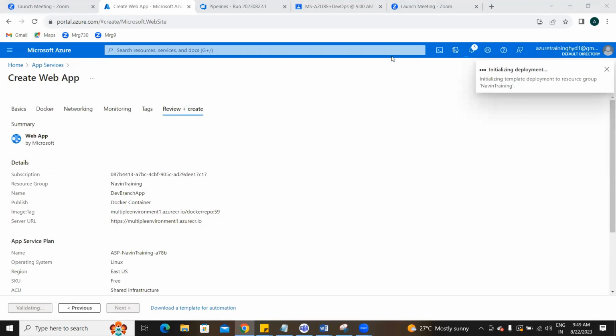Image name will not be the same every time. It depends on me. I can change it. How can I change? Format would be the same: your name followed by your source branch name, sorry, your repository name, and then build ID. But we can change your name also. Jitendra, it's clear, right? Come here. Let it get deployed.